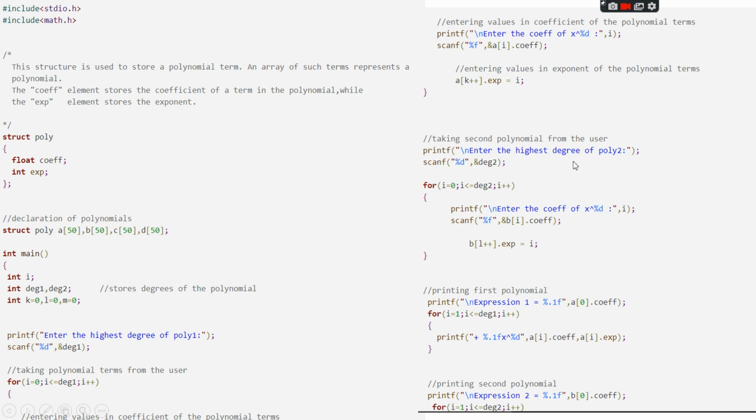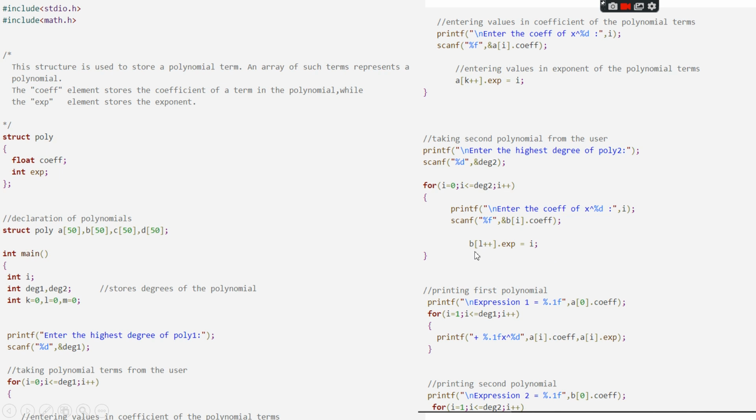We'll be running a loop for i equal to 0, i less than or equal to degree2, i plus plus. We'll be asking the user to enter the coefficient of x. If we take the example of degree2 to be 4, then from x^0 to x^4, we'll be taking the coefficient as well as the exponents from the user.